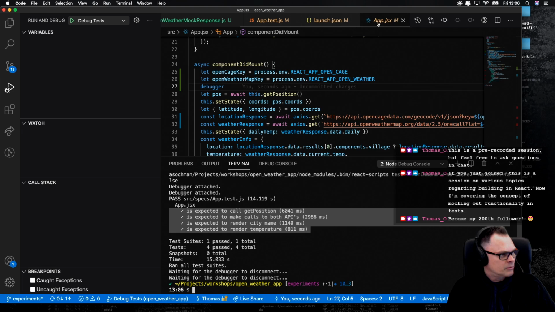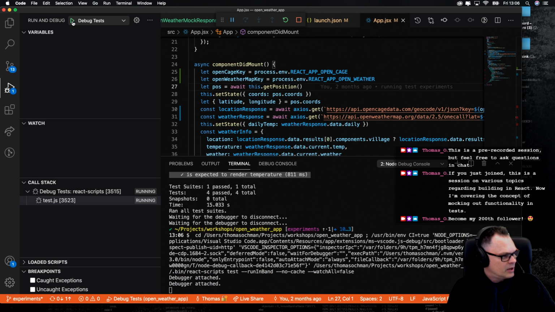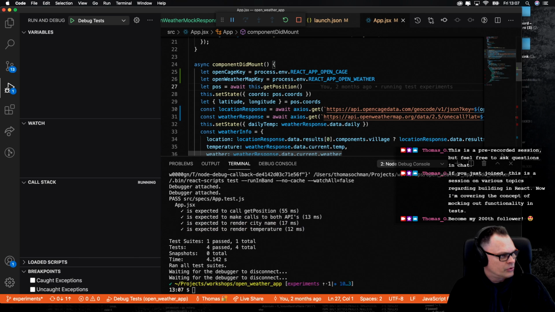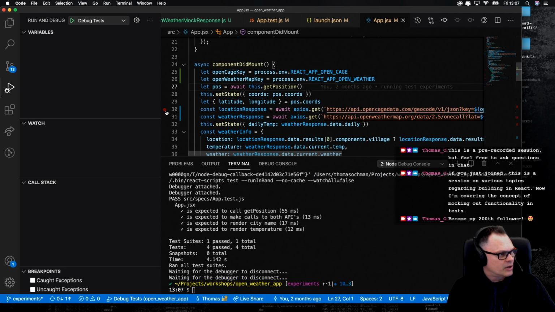We can just make sure that this debugger is gone from here, and we can run this again, and this should be pretty straightforward and just be executed for you. Right, there you go. Now, the good thing is that we can debug this much better, and we can put the debugger pretty much everywhere, and you can do that by setting a breakpoint in VS Code by clicking on the side of the line of code